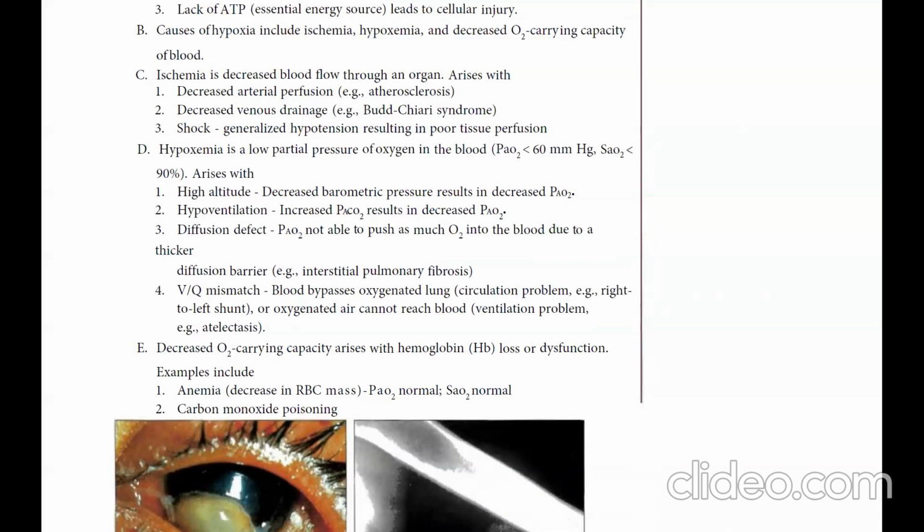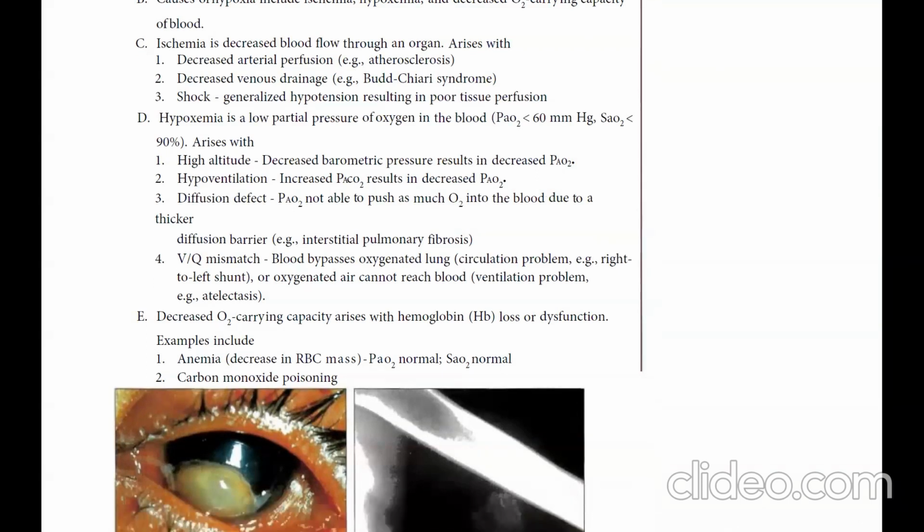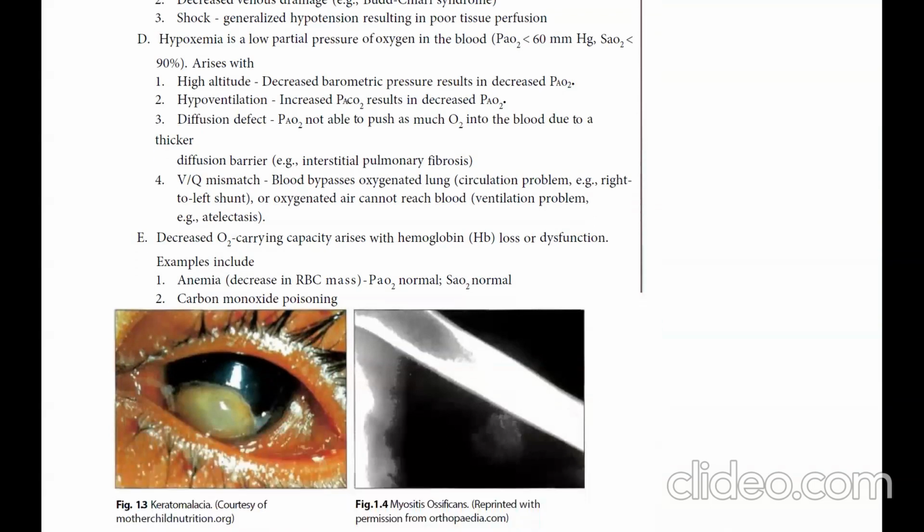Decreased O2 carrying capacity arises with hemoglobin loss of function or dysfunction. Examples include anemia, a decrease in red blood cell mass, with a normal partial pressure of oxygen and saturation also normal. Carbon monoxide poisoning is an example of